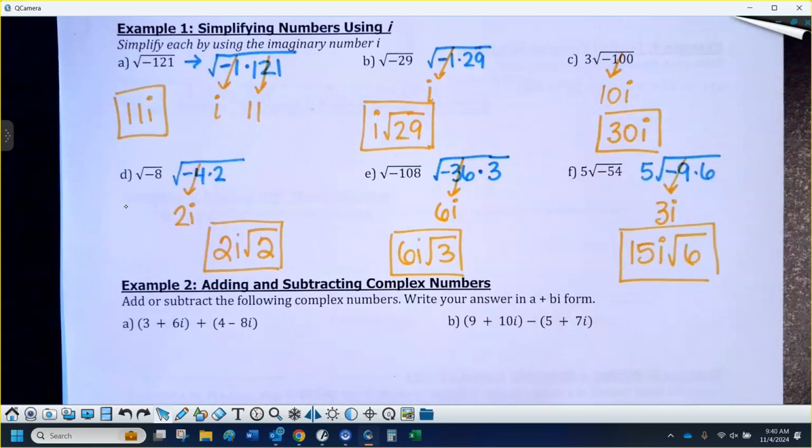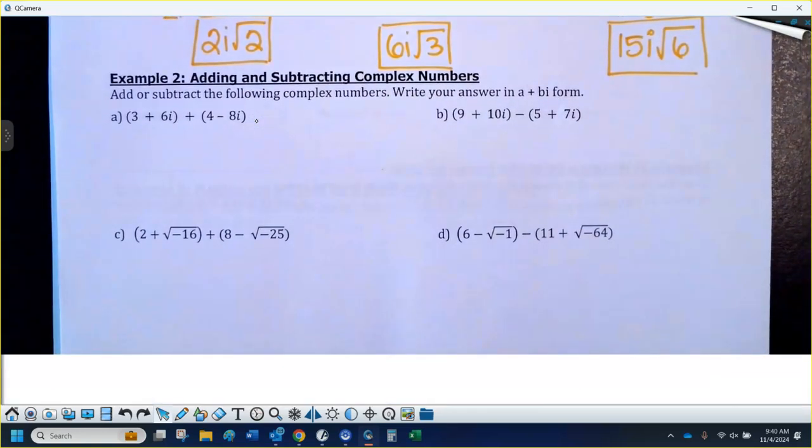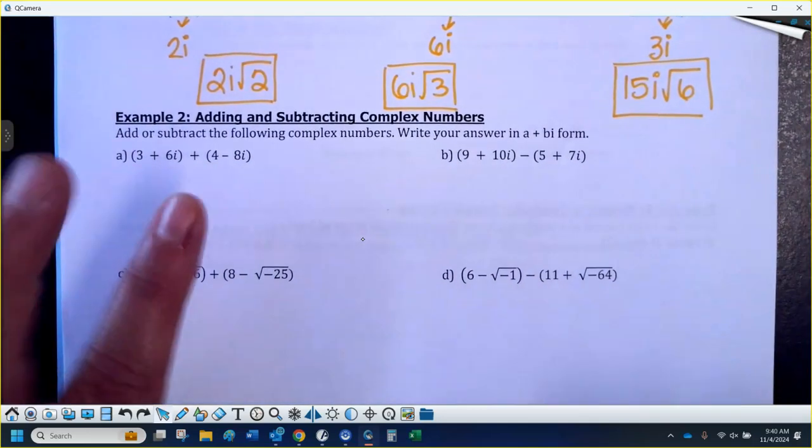Okay. Now, all we're going to do in example 2, I'm just going to have you practice adding and subtracting some lovely imaginary numbers here. And it works just like you would think. So it's going to be combining like terms. If you're adding,